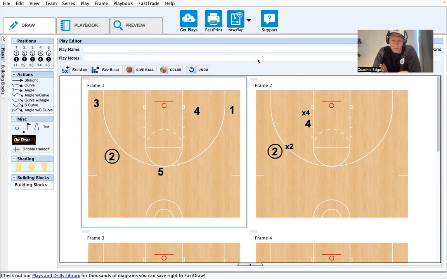But a player throws the ball to a teammate and immediately follows that pass to get the basketball back. That's a get action. Okay. So as you look on here, if you're watching on YouTube, you can see that if this player 2 on the wing throws a pass to player 5,